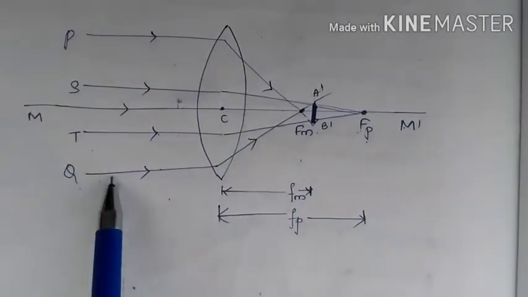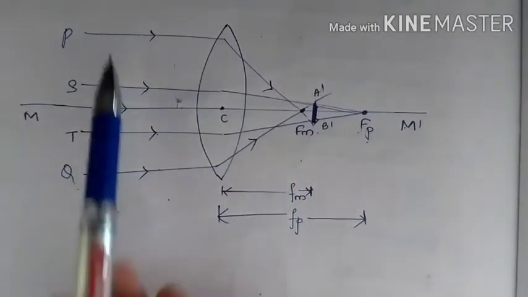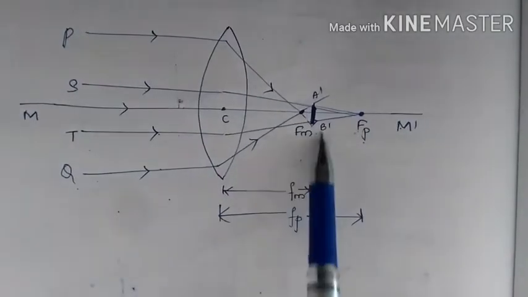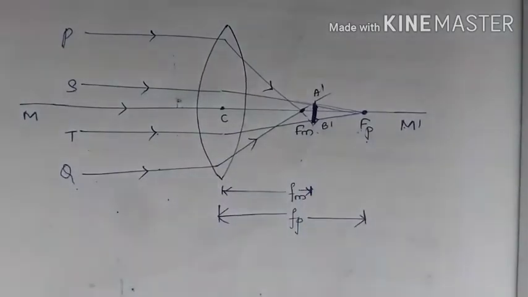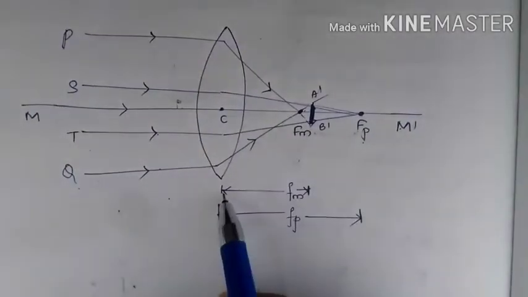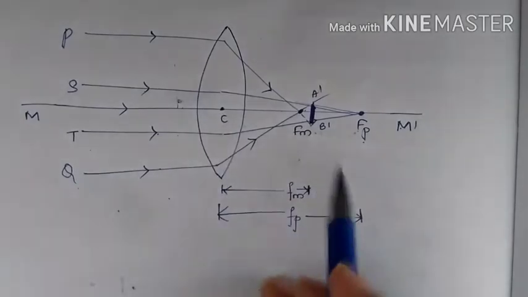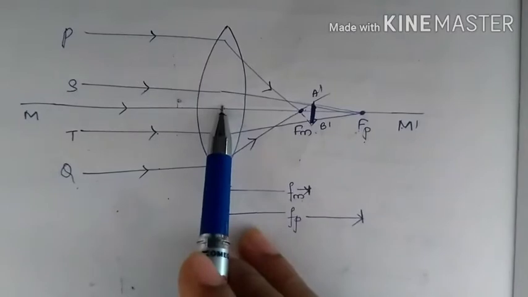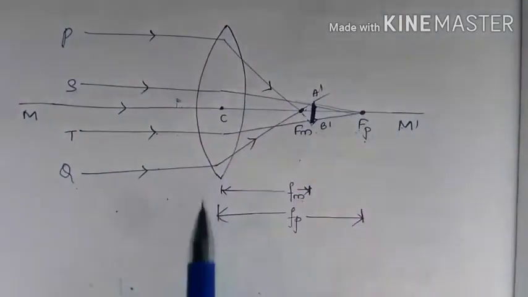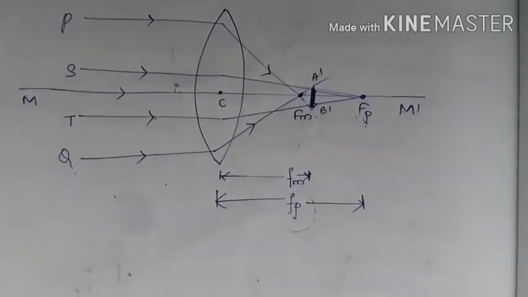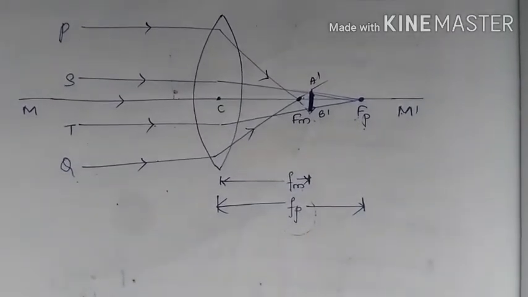Now there are again two rays which are known as marginal rays. When these two marginal rays converge, they meet at a point FM. So FM is known as the focus of marginal rays. Here the two marginal rays meet. Now the distance from the center of the lens C to FM is the focal length FM, and the distance from C to this point here is FP, the focus distance. This is the basic thing which we learned in our last class.